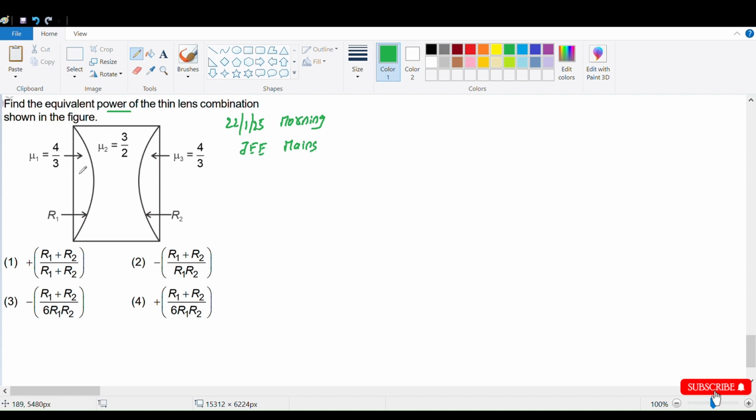Of the thin combination of lenses. Okay, here you see first lens, second lens, third lens, 3 lenses are given. Okay, let's do it with 3 different colors. This I will do in blue, this I will do with purple. Okay, fine. So first one,